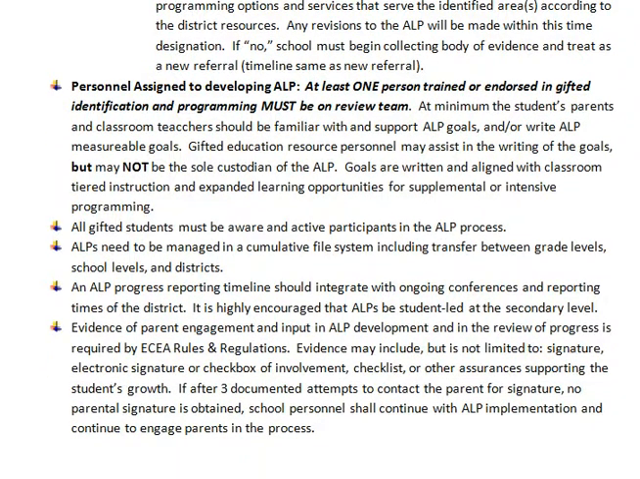Personnel assigned to developing the ALP. This is a crucial change that you all need to be aware of. At least one person trained or endorsed in gifted identification and programming must be on the review team at all times. At minimum, the student's parent and classroom teacher,